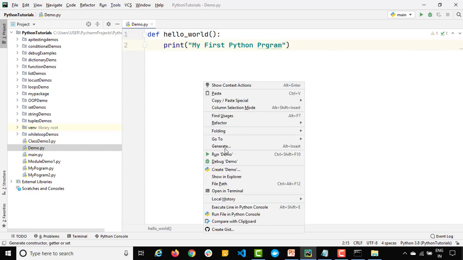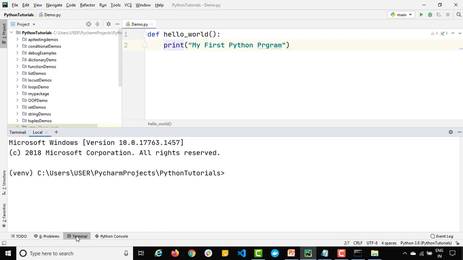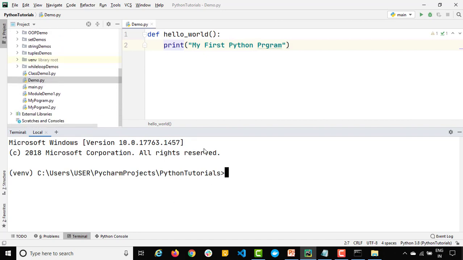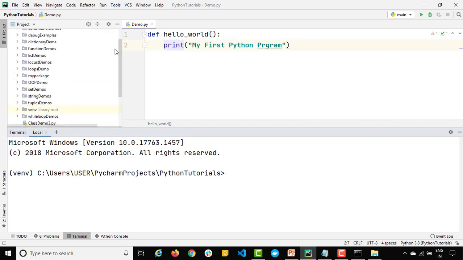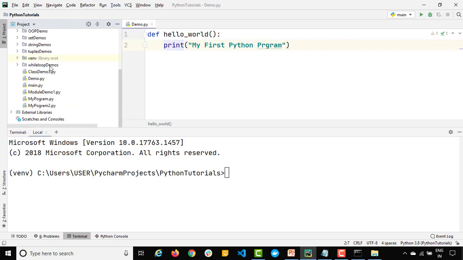Earlier we used to just right click and run, right? Now you can see one option called terminal here. If you don't want to open a command prompt separately, you can do it from here as well. Right now I am under Python tutorials, which is nothing but this path. In the same directory I have this demo.py file. In case this file is available under some other package, then first of all you need to navigate to that package and then you can run. Right now it is under my home directory, so I can just type Python, and the file name demo.py, which is capital D.